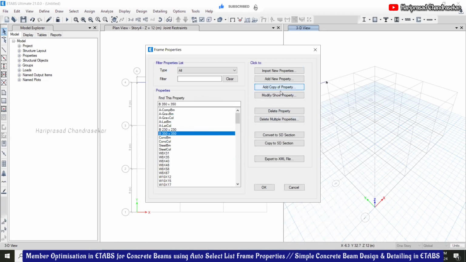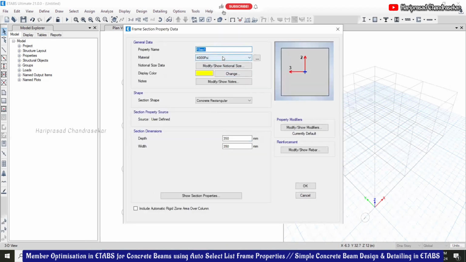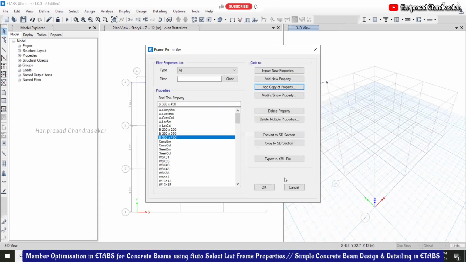Add copy of property. Now for a beam width I will consider 350 cross 450. So only the thing here I'm changing. Okay, so these three we will consider.